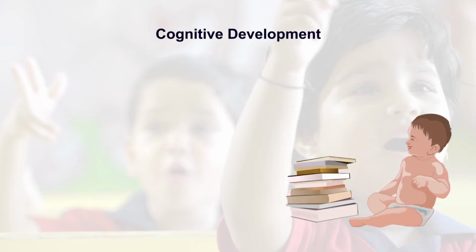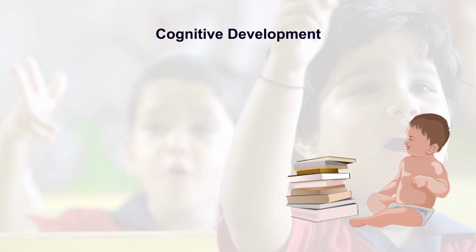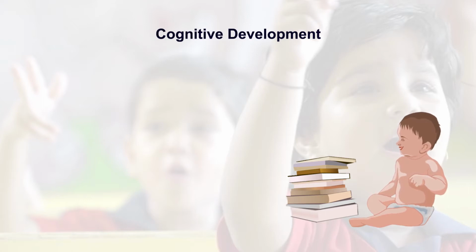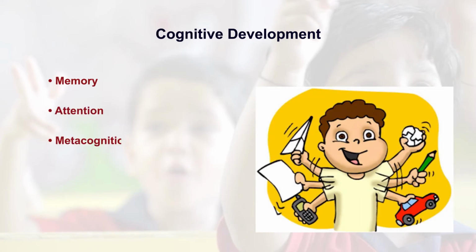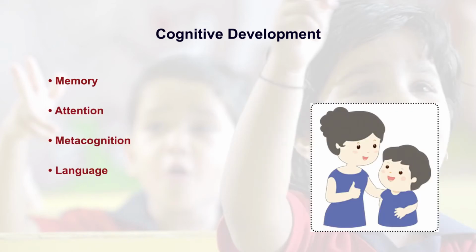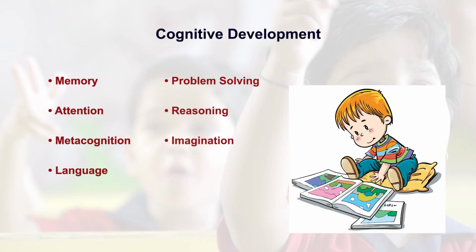The third major domain is cognitive development, otherwise called intellectual development. This particular development comprises the development in the intellectual capacities such as memory, attention, metacognition, language, problem solving, reasoning, imagination, and creativity. Now that you are aware of what are the major domains and subdomains of development,